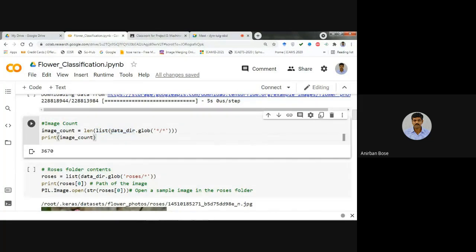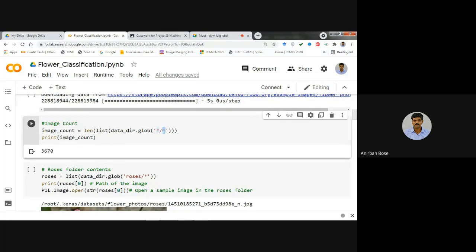What is data_dir? We know it is the whole directory where everything has been saved. Then we use the command .glob, which picks something specified within this function from that directory. Within the brackets we have given star slash star.